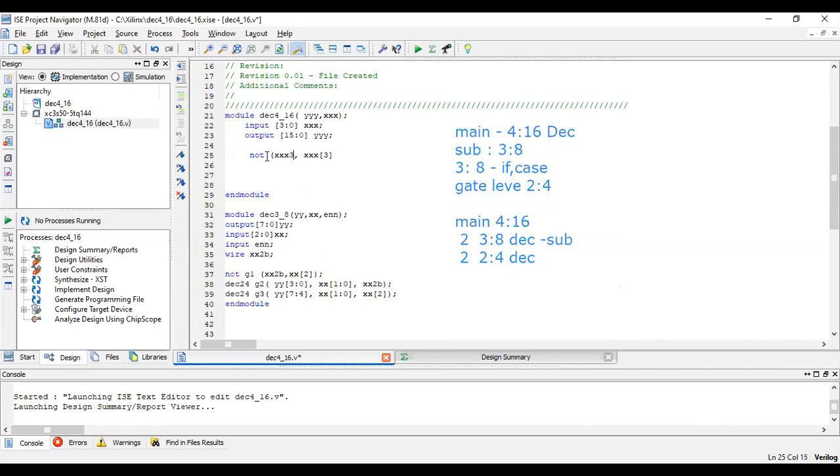X3B I will write. X3, the third signal is converted into bar. Now this signal we don't have, so we should declare it over here, wire X3B. Now I've got a NOT gate for the third signal.